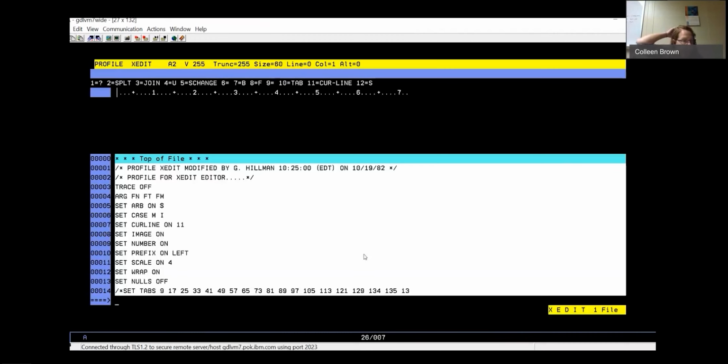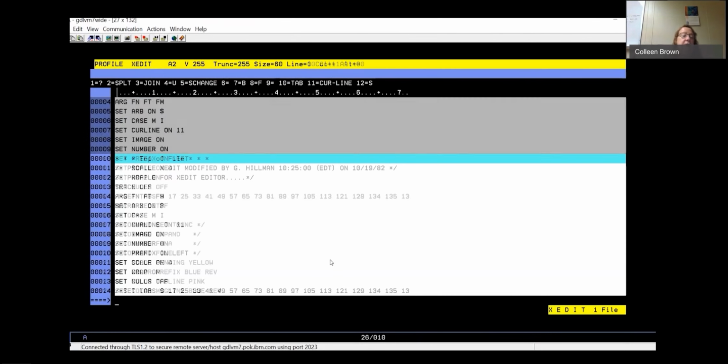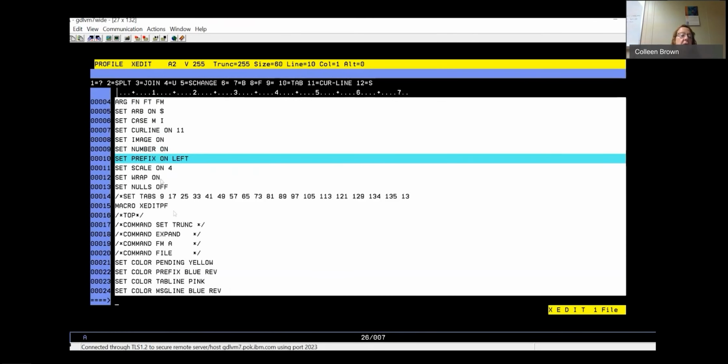And here's my profile XEDIT, and you can see that I set my prefix on left. I set the numbers on. I set my current line on 11 because if I'm farther down in the file, I want to see what's above it and what's below it. I set nulls off. Some people, when you're entering data on a line, let's see, if I did